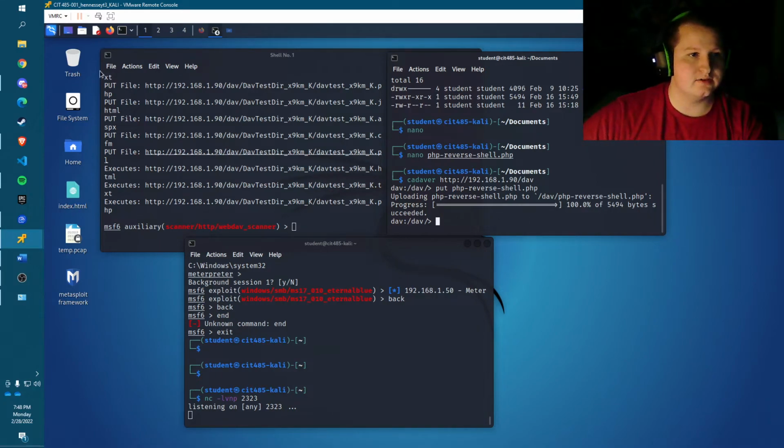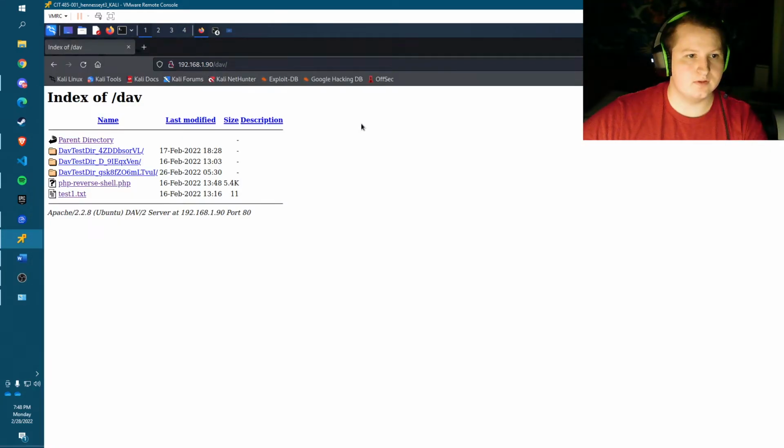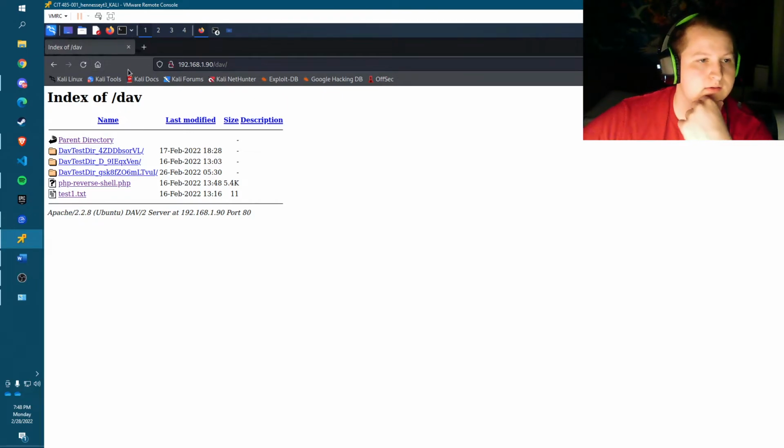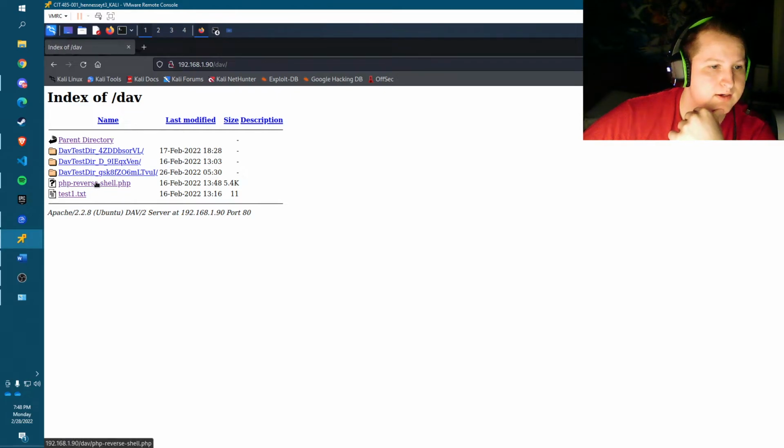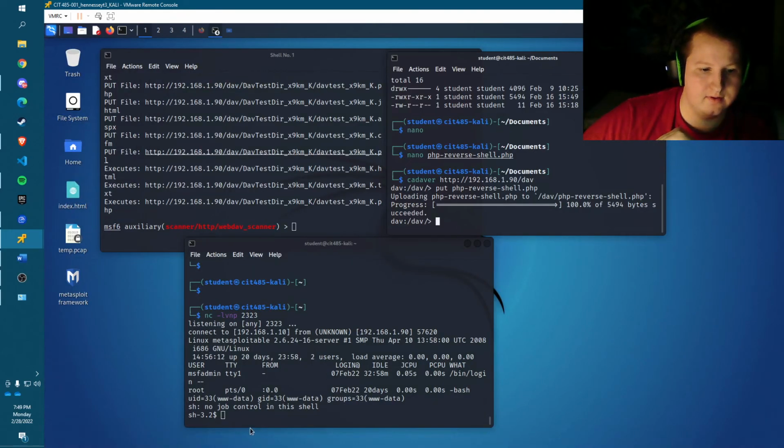So now let's go into the WebDAV server. As you can see right here, this is the file. Click it, make sure it's running, and then minimize that. And as you can see, we are now www-data,